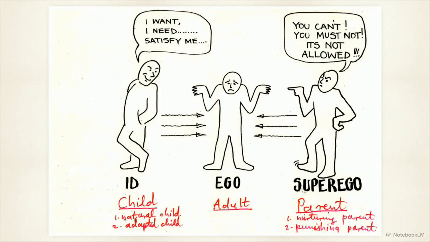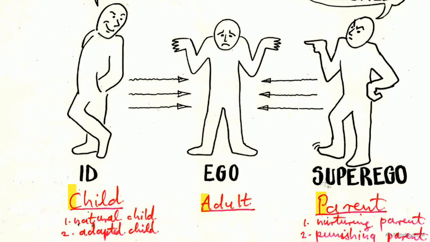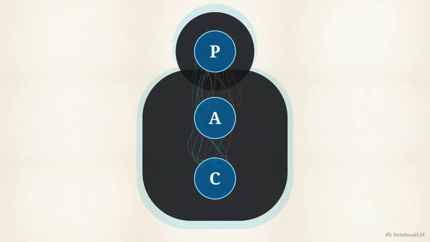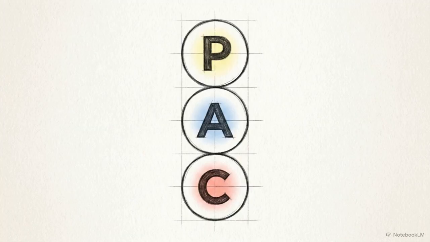Look at these early notes mapping out the theory. Berne took Freud's complex framework of the id, ego, and superego and translated it into three highly accessible, observable states: child, adult, and parent. These ego states operate concurrently within every adult, functioning as active, coexisting systems rather than developmental phases we leave behind in childhood. Together, they form the PAC structural model.